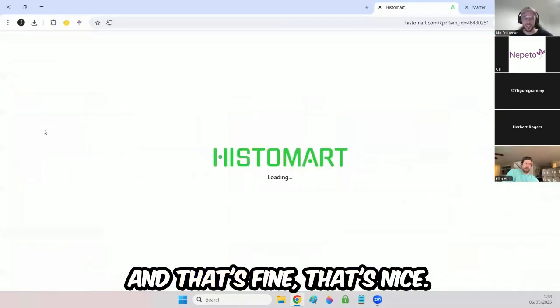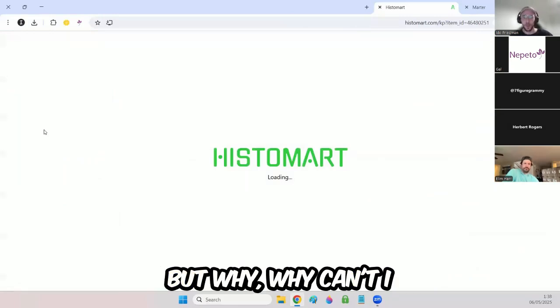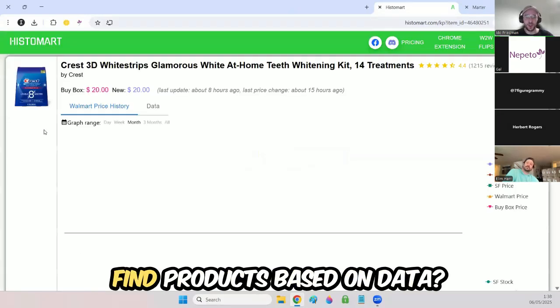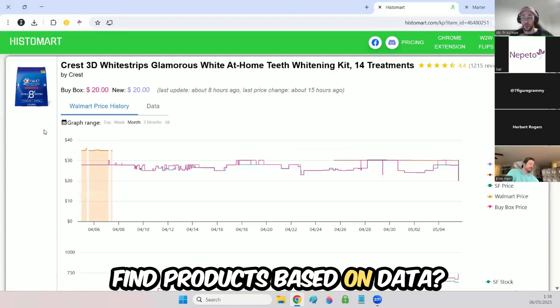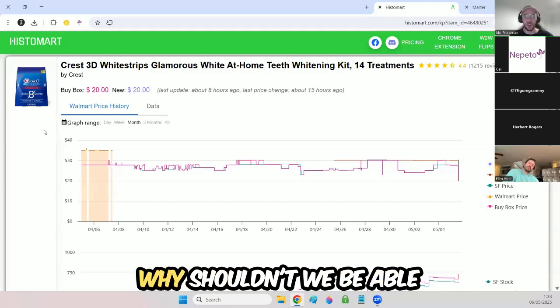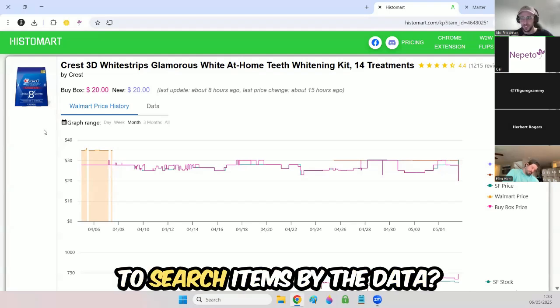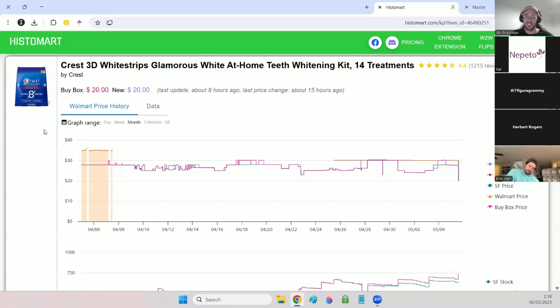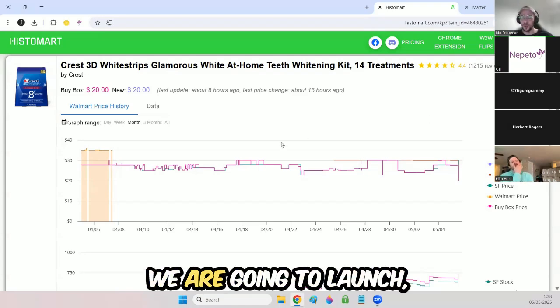And that's fine, that's nice. But why can't I find products based on data? So instead of giving an item ID or UPC and getting data, why shouldn't we be able to search items by the data? So you guessed it right. We are going to launch